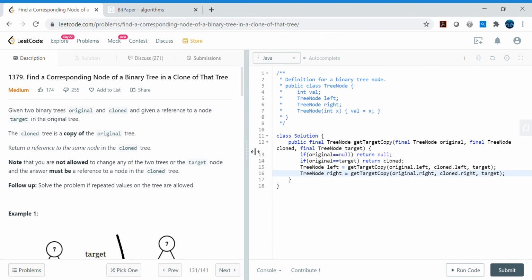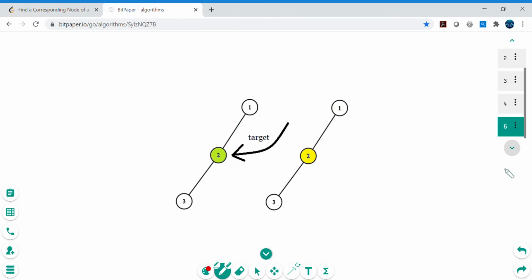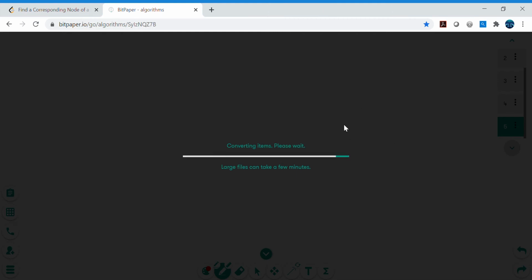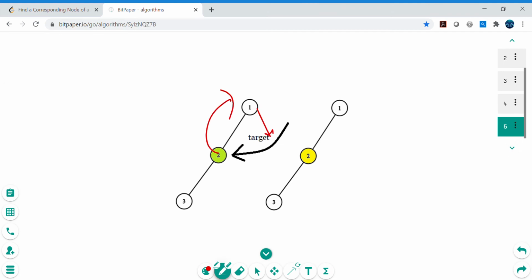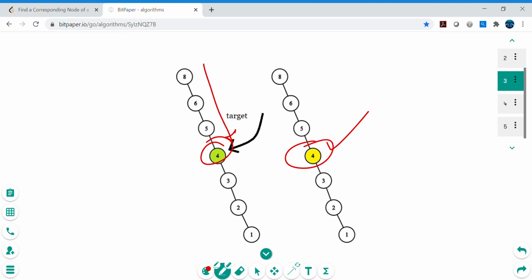All right, let's expand this window here. We have already seen the edge cases. Let's say, oops, I think I lost that picture. Let's copy it again. What I mean to say is, if right itself is null, then we need to return the left side. And in another example, if left is null, then we need to return the right.